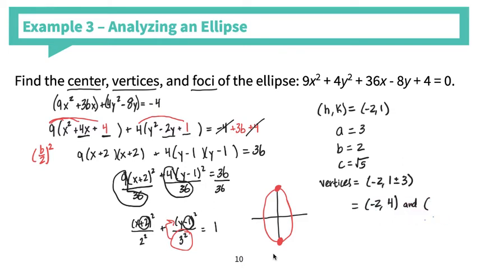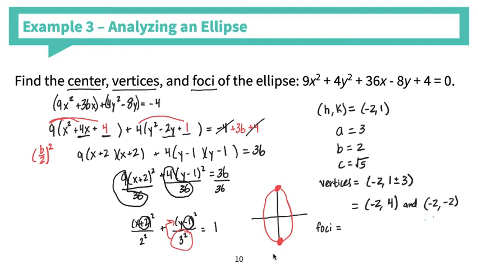And then I have another vertex, so that's negative 2, comma, 1 minus 3. 1 minus 3 is negative 2. And these are the coordinates for both of the vertices. Now for the foci,